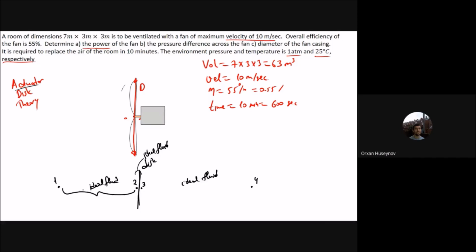Another thing here is that between 1 and 2, we are saying that the work of the disk, or the actuator, doesn't affect the flow. The work input doesn't affect the flow. It goes in an ideal fluid, and here also it goes in an ideal fluid. The work input from this one